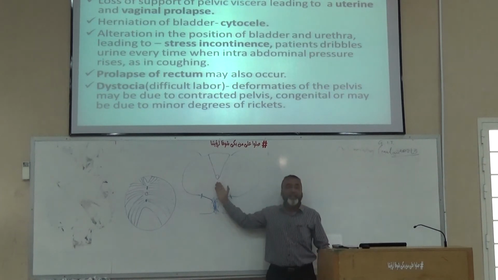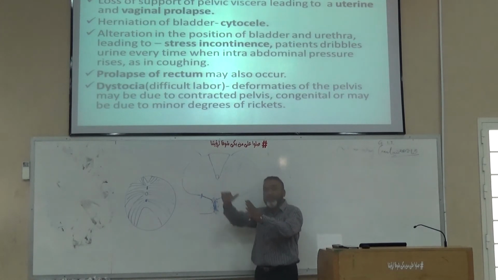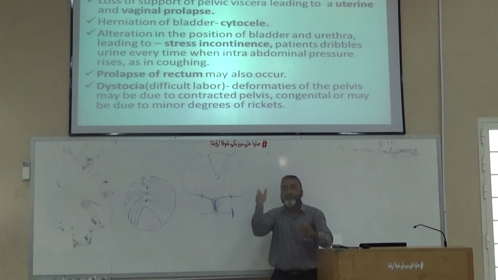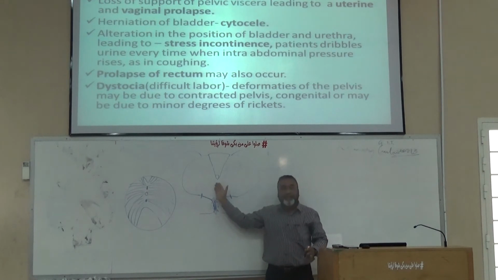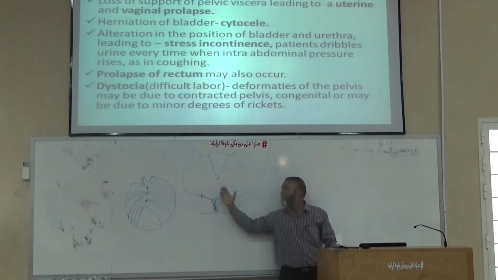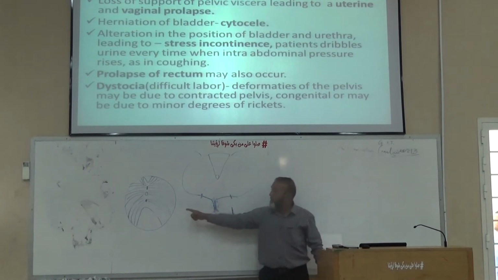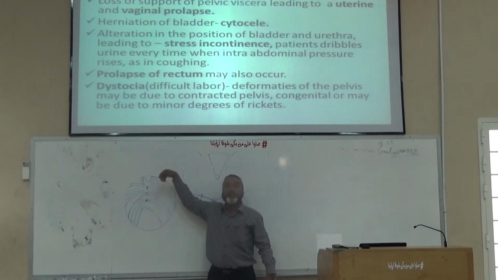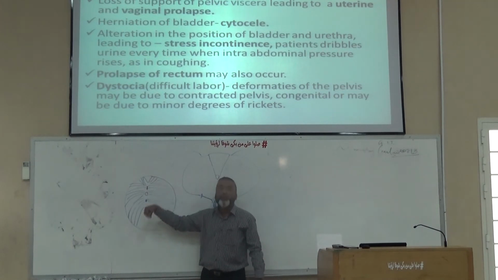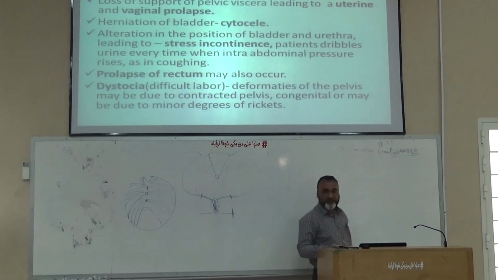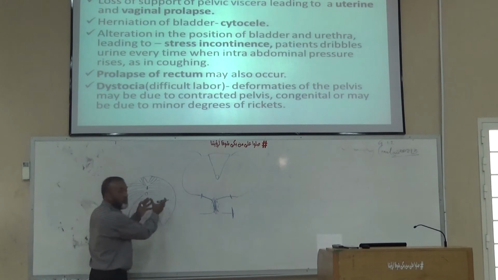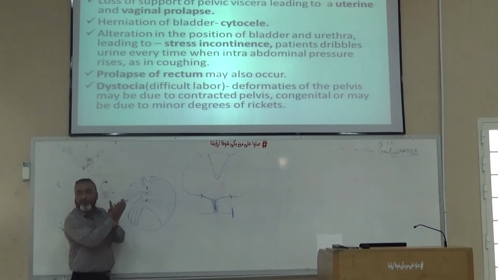And we know that anterior to the uterus is the bladder, and there is a space between the bladder and the uterus. What is that called? Pouch. Uterovesical pouch. Okay. Then, as a result, when the uterus is moving or this area is weak, what can happen? There is a chance of herniation of the bladder also, which is named the cystocele. Now, when this diaphragm is overstretched, it does not come back to its normal position.